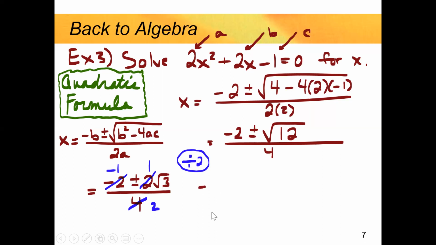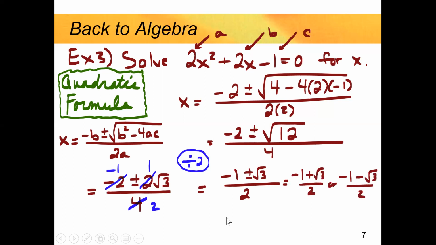So with reduction by 2 everywhere, we should get an answer of -1 plus or minus √3 over 2. You can write it like that, that is perfectly fine. Or you can write them as 2 different answers, because there are technically 2 different answers here, and if you were to punch it into the calculator, you would get 2 different numbers. Okay, so there's a reminder of the quadratic formula. And since we're in trigonometry,